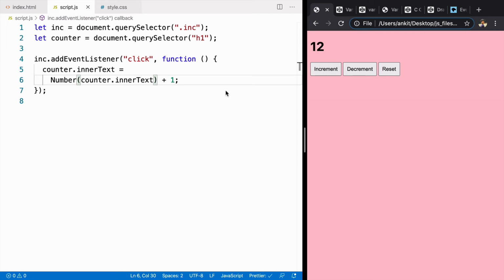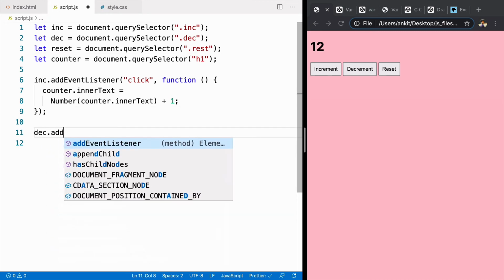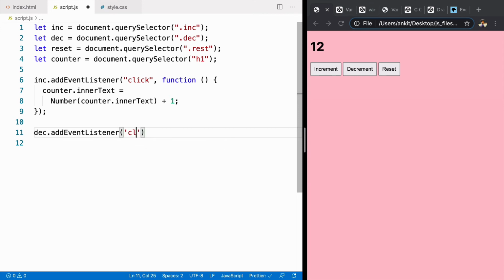Now if we refresh it, we can see our increment is working properly. Congrats, you have just created your first application that is showing some kind of behavior. So here we'll complete this application by selecting decrement. Here I selected decrement. Now I'm selecting reset. And I'll add the next addEventListener on decrement. So decrement.addEventListener needs 2 things, the type of event, that is click, and a handler function. Here in this function, we can just copy this line and do the same thing again.